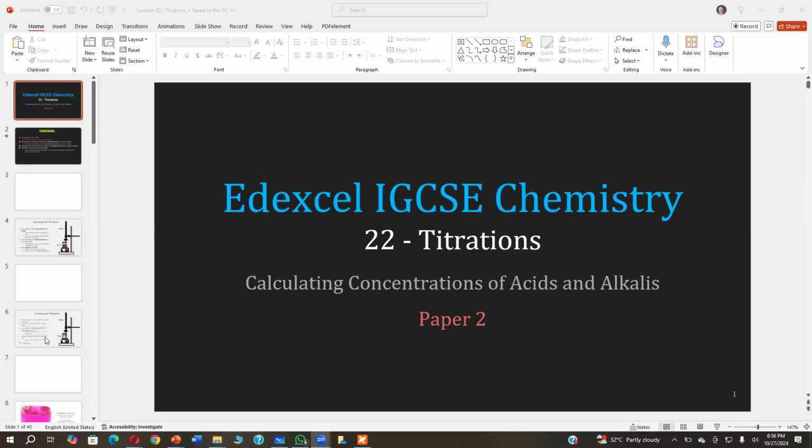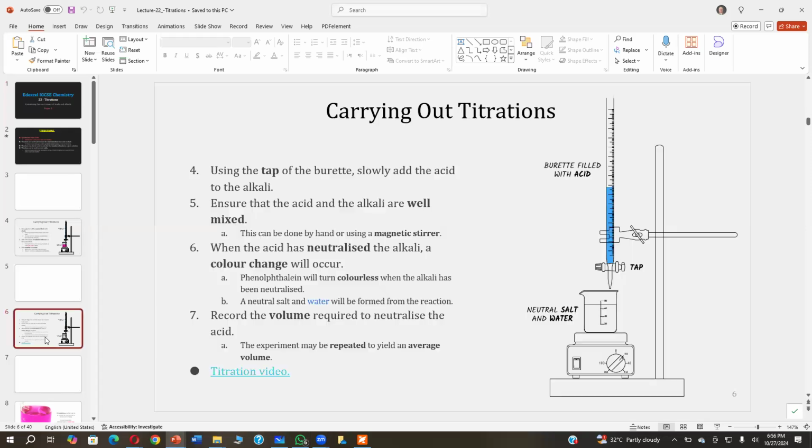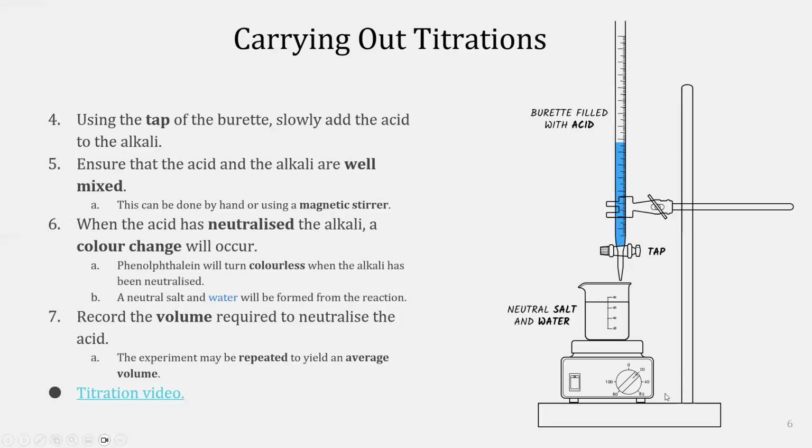So doesn't matter whether you put an acid or an alkali in the burette? No, that's a very important question. If you are looking for the concentration of acid, it should be in the burette. The unknown should be in the burette. Acid or base, whatever it is, the unknown should be in the burette. Okay. It means that it's not open, that you put anything in the burette. You have to memorize that you have to put a specific thing for which you are looking for the concentration.